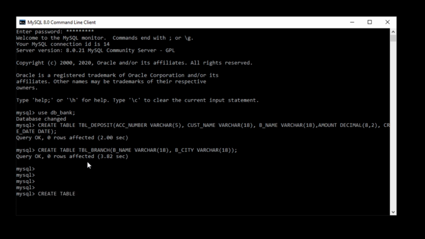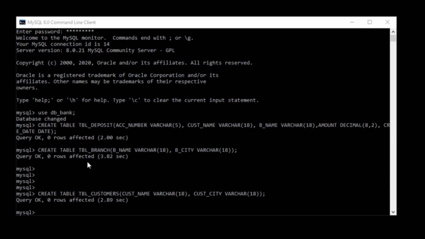Create table customers, the customer name and the customer city. Okay, now my third table is also created. Then the next is table number 4.